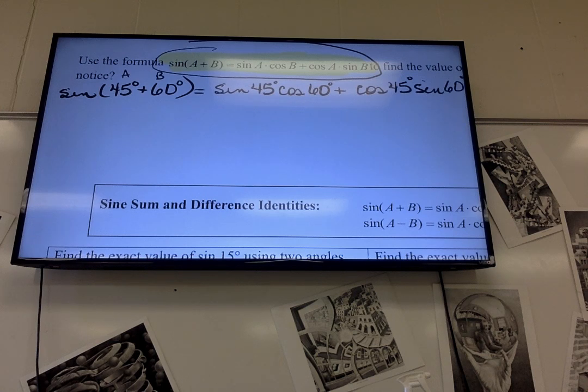Okay, now this stuff we're going to have to find using our special right triangles. We have a 45-degree angle, which is 1, 1, square root of 2. Opposite, adjacent, hypotenuse. So what's the sine of 45? And then for the cosine of 60,